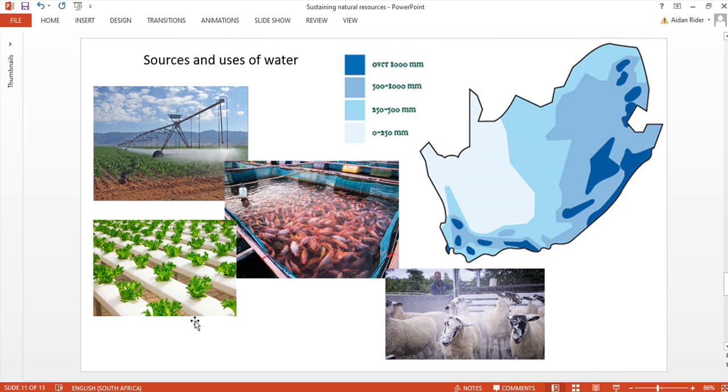Then water is also used for dipping animals. Here, sheep are being dipped. If you buy the chemicals from the shops, you need to dilute it in water, and then it's either sprayed on the animal or they have these water baths or big dipping baths where the animals actually walk through. And lastly, for cleaning in dairy farms and so on, they need to clean the place